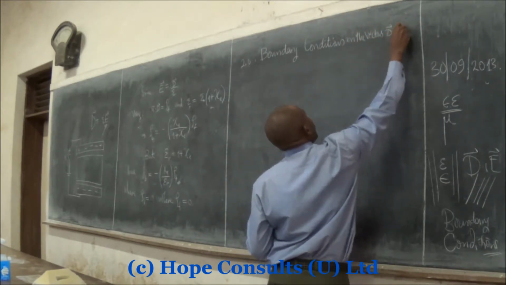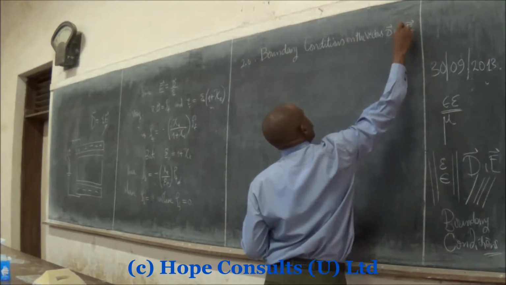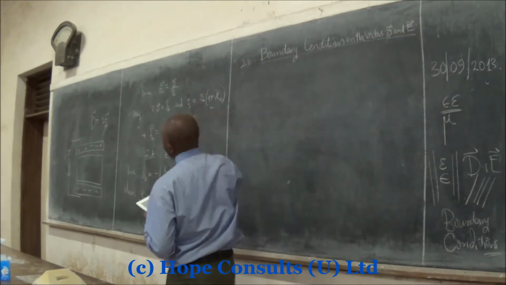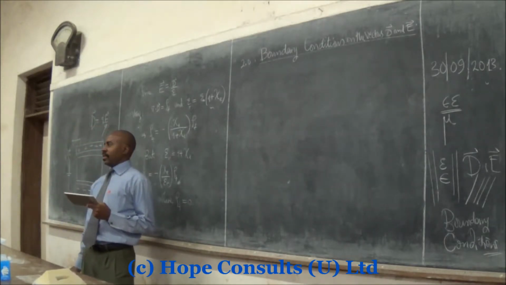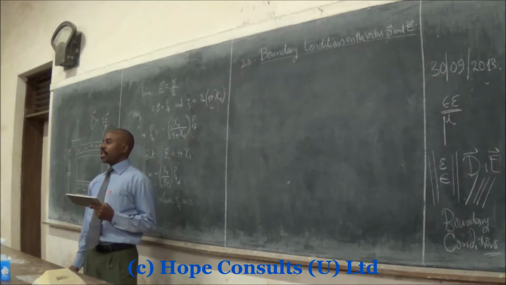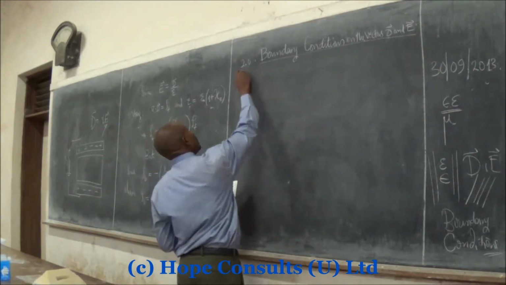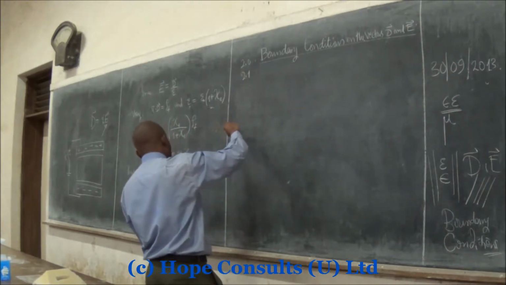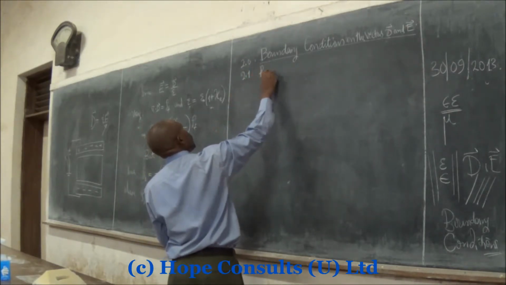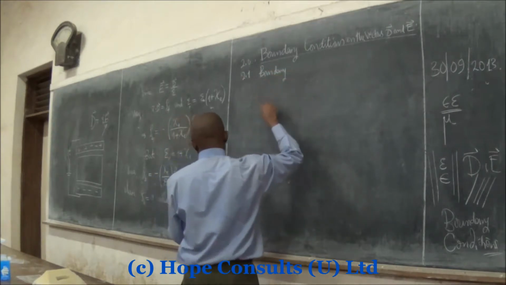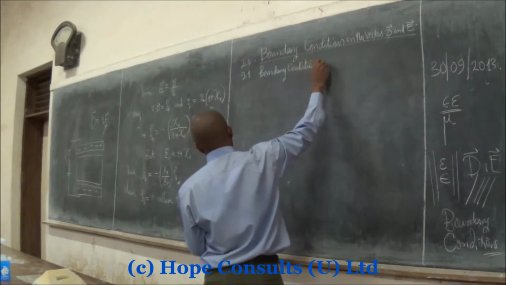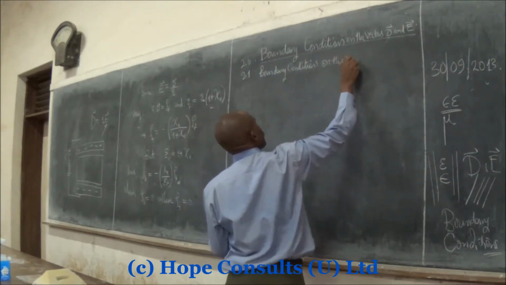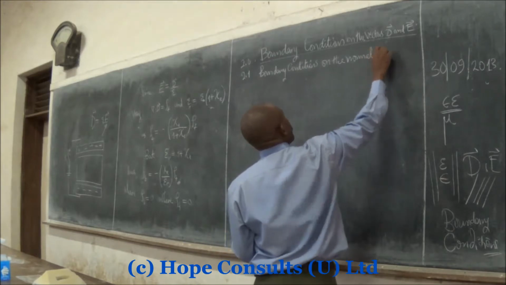D and E. How many of you have seen the reference books I uploaded? Are they nice? 2.1, you have boundary conditions. Boundary conditions. Let's start with the D on the normal component